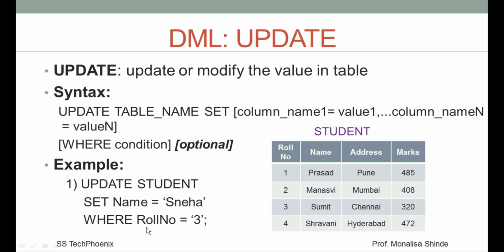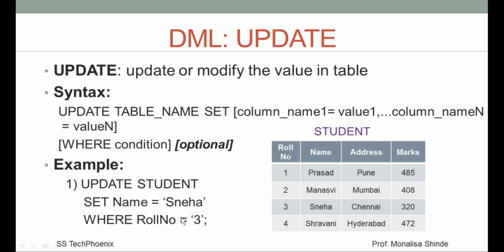So in the system, roll number 3 will be searched first. Condition is false. It is not roll number 3, not roll number 3. Yes, condition is true for this record. Again condition is false, means it found one record. So now it will search what is to be updated. Column name is name. So it will search for the column name, and now it has found record number 3, means roll number 3, and it needs to be changed from Sumit to Sneha. So after execution of this query, this will be the result, that is Sumit is updated with the name Sneha.